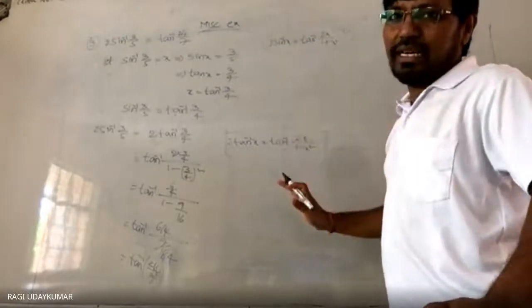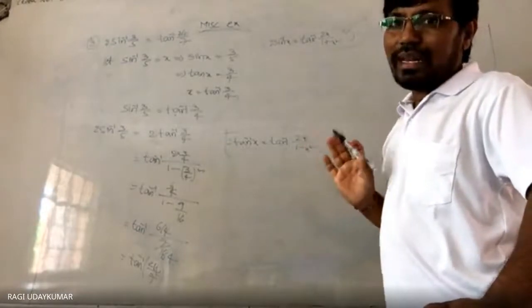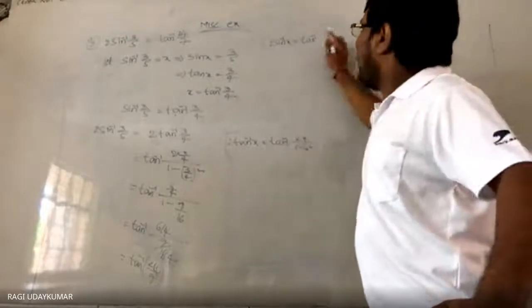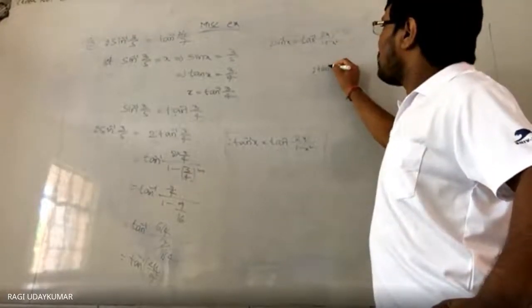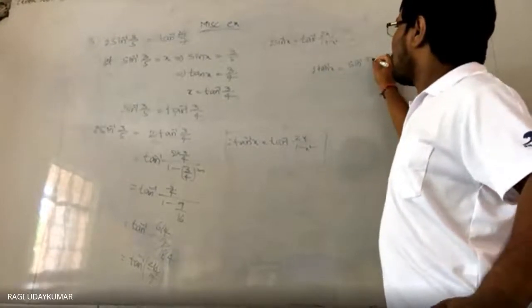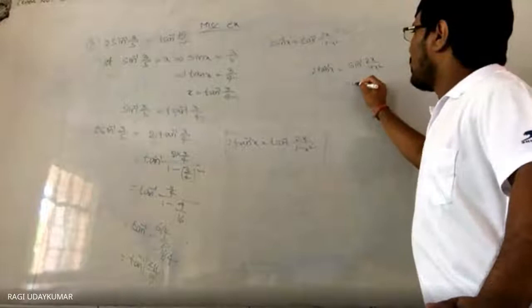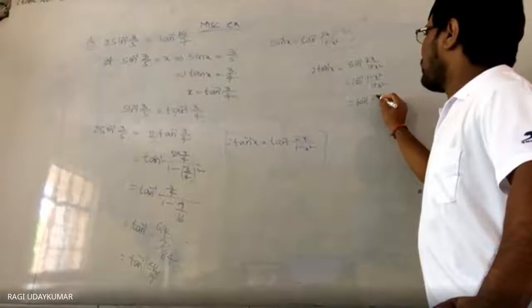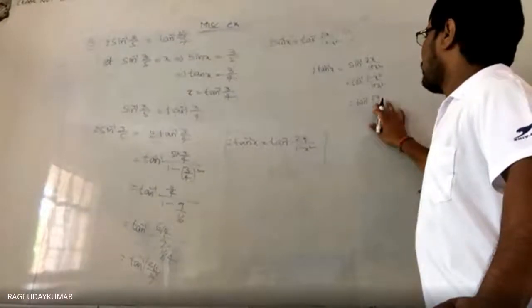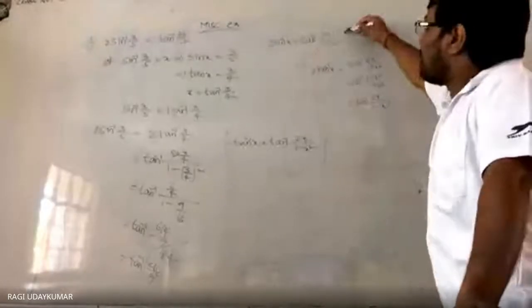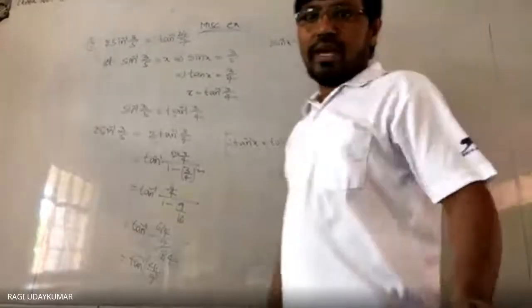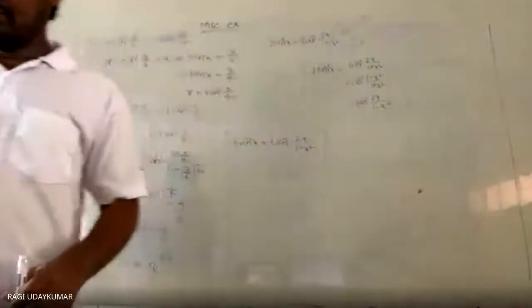So do remember, if you get confused here, you can write 2 tan inverse x in 3 different forms. This one is wrong. 2 tan inverse x can be written in the form of sin inverse of 2x by 1 plus x square. In cos inverse you can write 1 minus x square by 1 plus x square. And in tan inverse, tan inverse of 2x by 1 minus x square. These three will be there, but in a confusion some students will write this one also, but this will not be there. Do remember that. Okay? Clear?